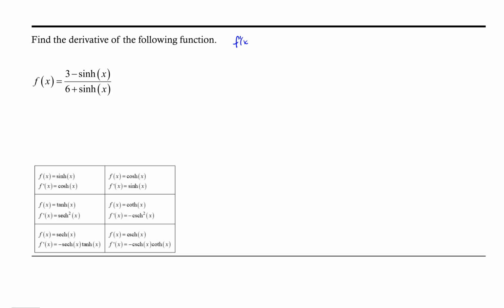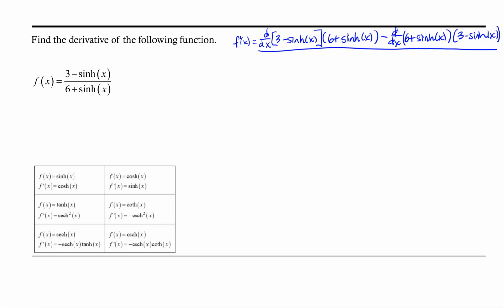F prime of x is going to be the derivative of the numerator, in this case 3 minus sinh of x, times the denominator, 6 plus sinh of x, minus the derivative of the denominator, 6 plus sinh of x, times the numerator, 3 minus sinh of x, all over 6 plus sinh of x squared,